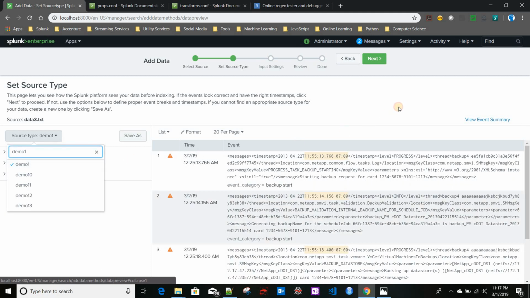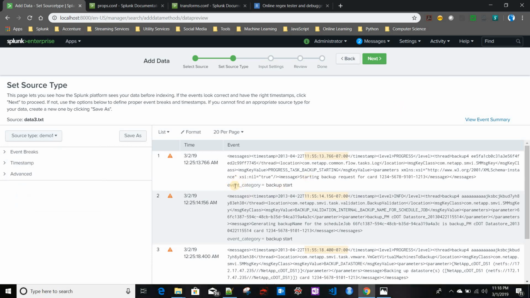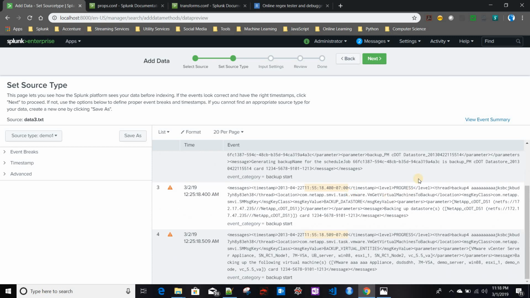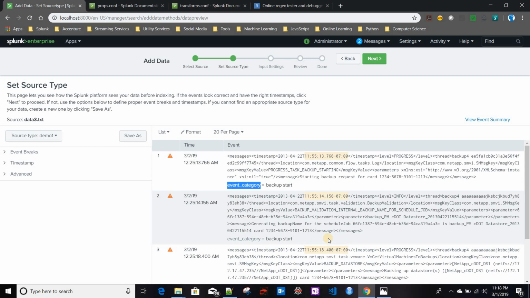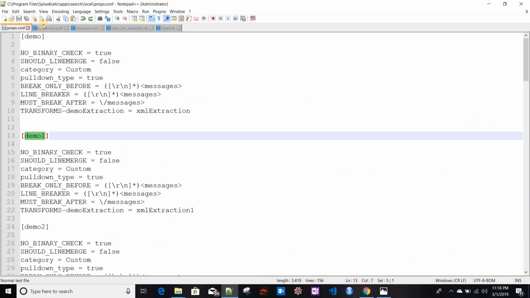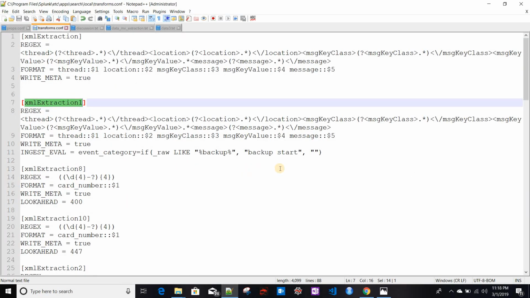Now see over here, it created a new field called event_category. I think almost all my events have this backup as a keyword. That's why the event_category field has been created as backup start. So this is how you can use eval-like statements while you are doing the index time field extraction. Let's move on